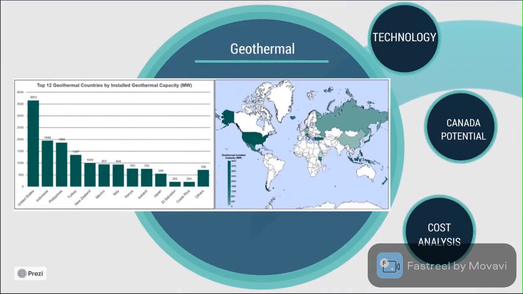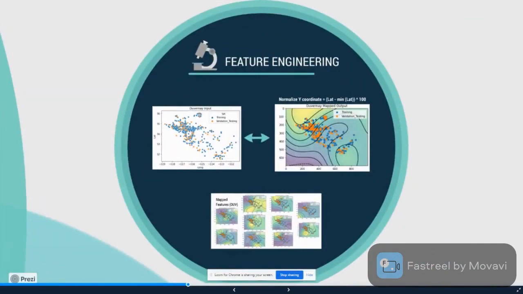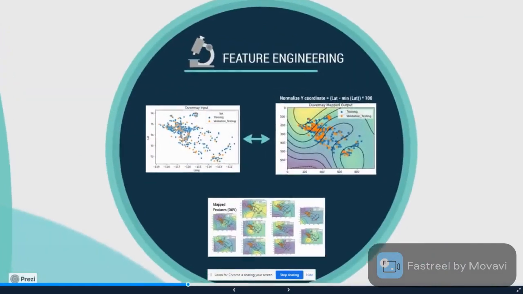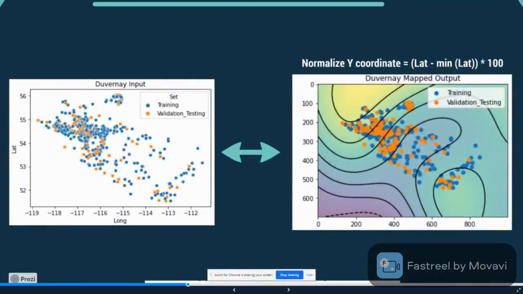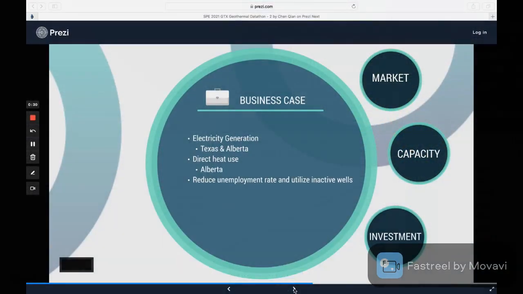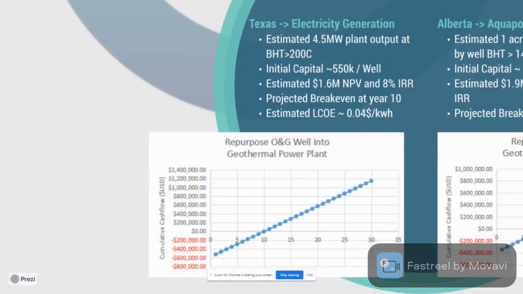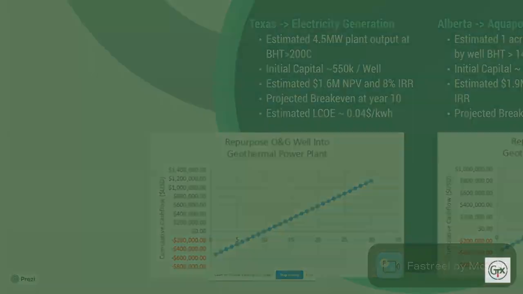Through the 1960s, geothermal planning was being constructed worldwide. Most of our feature engineering is in the form of mapping, where we apply several different techniques, ranging from Kriging, Gaussian to neural network. Our second use case is direct heat. A simple economic analysis shows that formation temperatures exceeding 200 Celsius